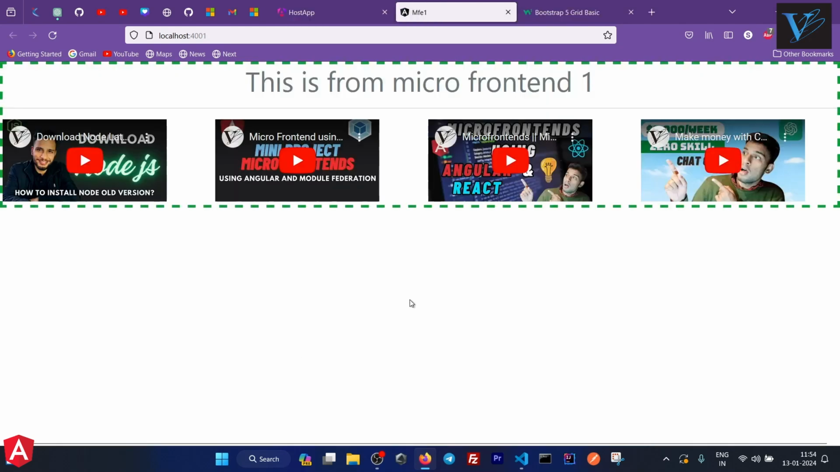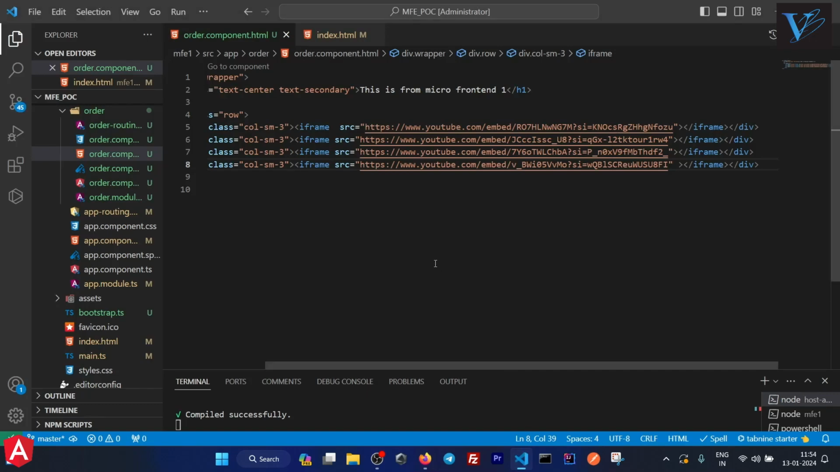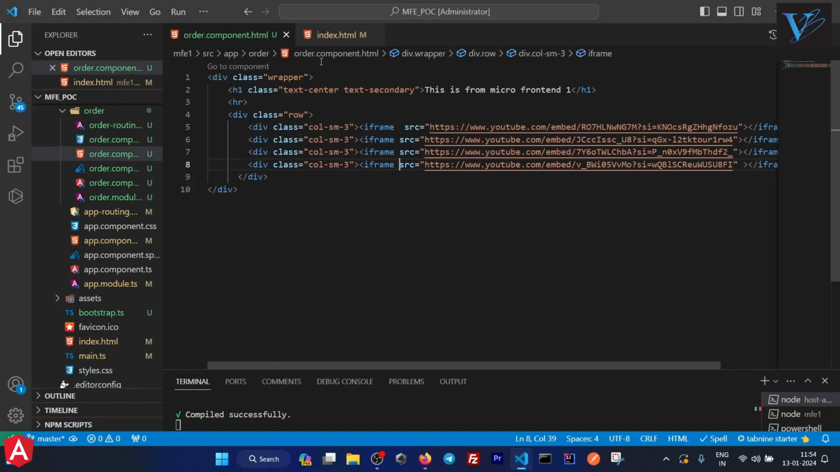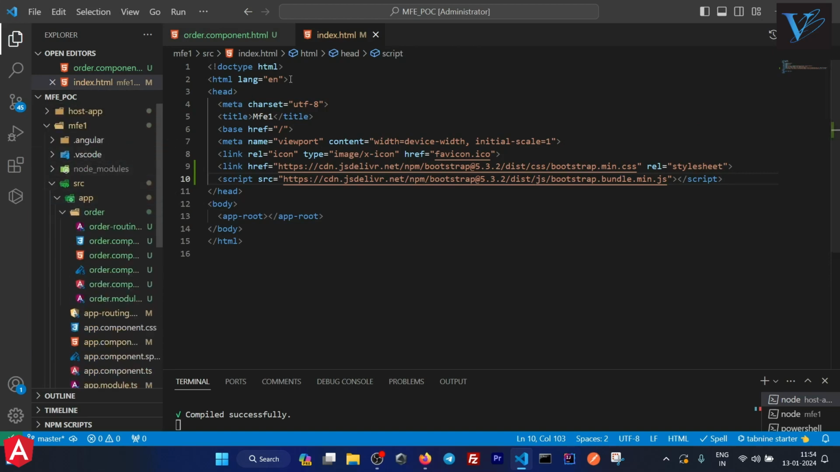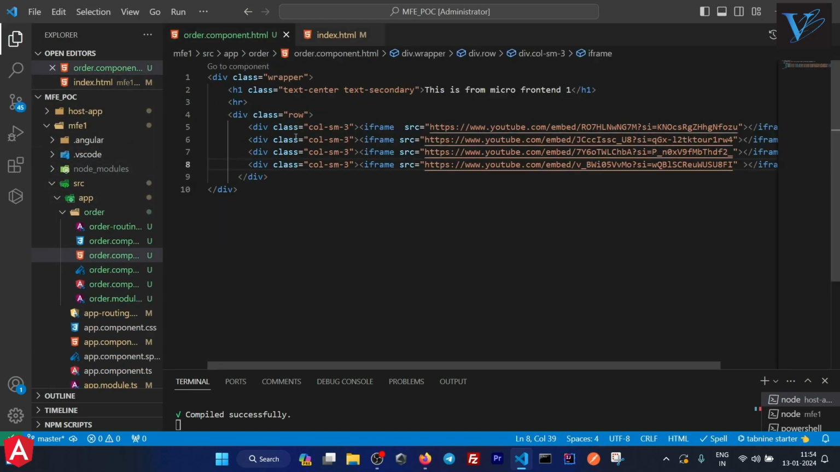Okay guys, so I have done some UI changes here. You can see I have added 4 iframes, and basically I'm rendering my YouTube videos here. How have I done that? Basically, I have also included that bootstrap CDN in the index.html file of mfe1 also. And now in the order component, I have just added a div with a class wrapper, and here is the